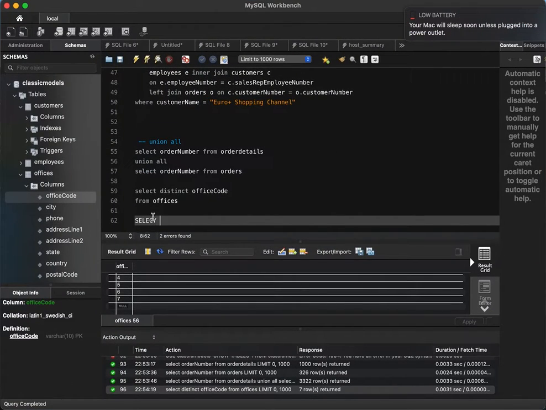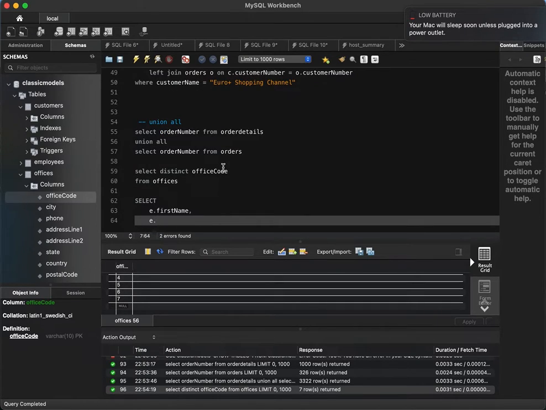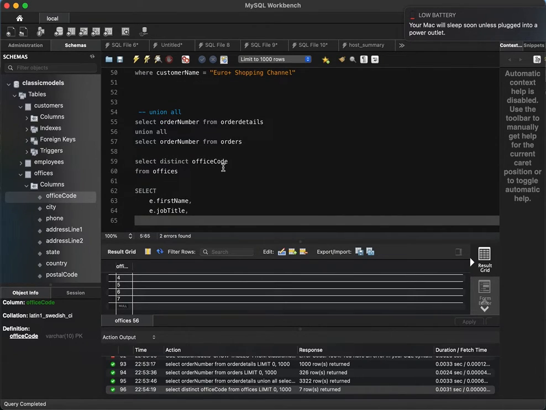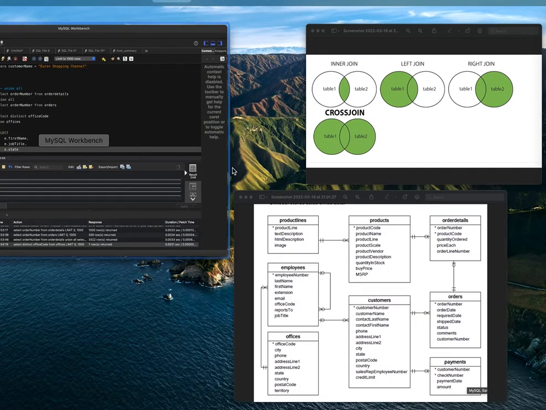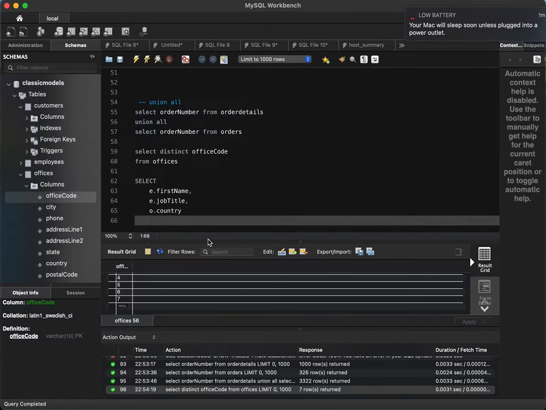So we'll say select e dot first name, e dot job title, and let's see o dot state, right? That's all we need. Okay, let's do country instead, o dot country, right? And we say from employees